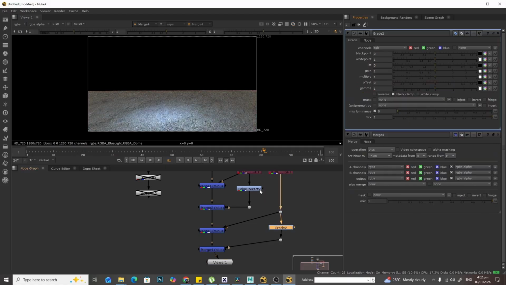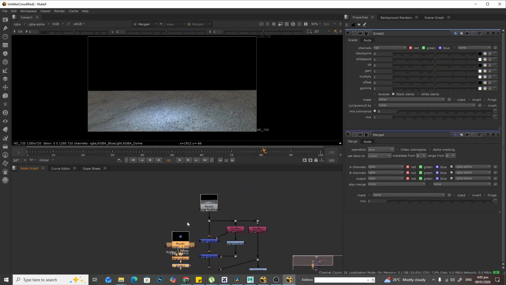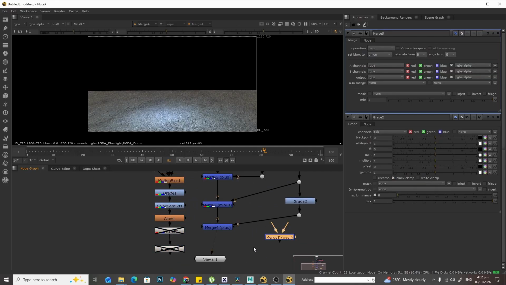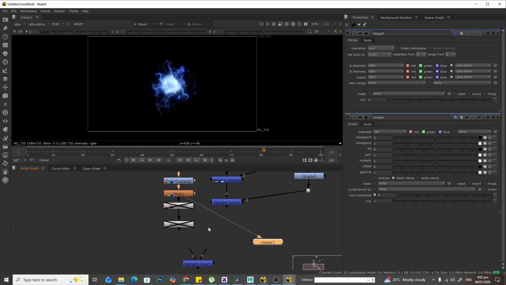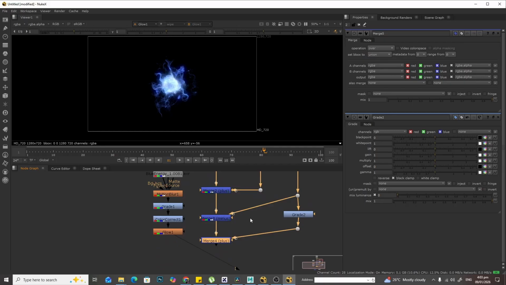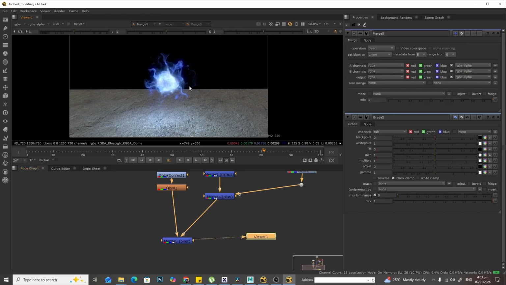Okay, so with that in hand, we can now go ahead and merge these two together. I'll make a new merge node. I'm gonna keep this as is. I'm not gonna use the other colors, so let's just delete these for now. Right? Remember, it's A over B. So this is going to be the B. It's called the pipe, right? So that's in the B pipe. This is in the A pipe. And there you go,